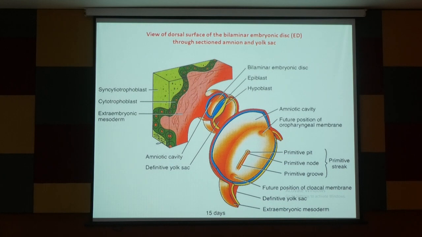Now you can see this tube, which is split open into two halves. You will see two bubbles there, one on the top side and one on the bottom side. These are known as the amniotic cavity and the yolk sac cavity, and in between we have this two-layer germ disc. In it, we have two layers with two different colors, yellow and